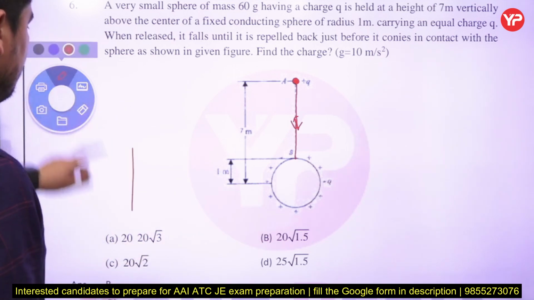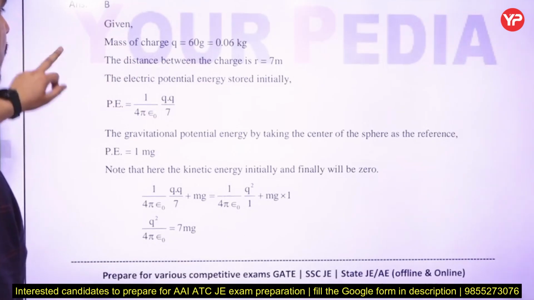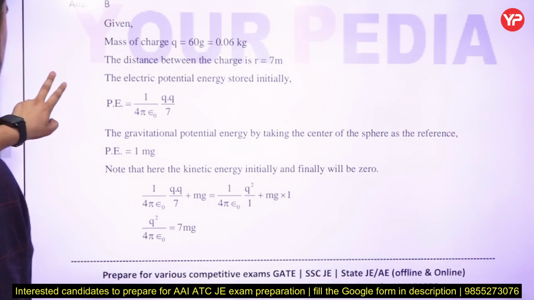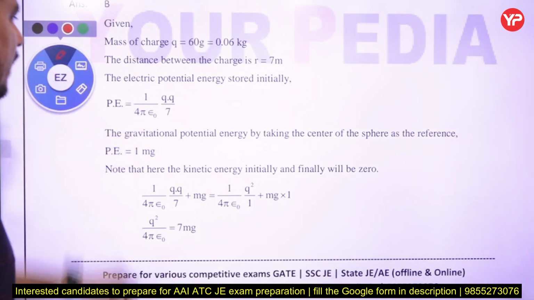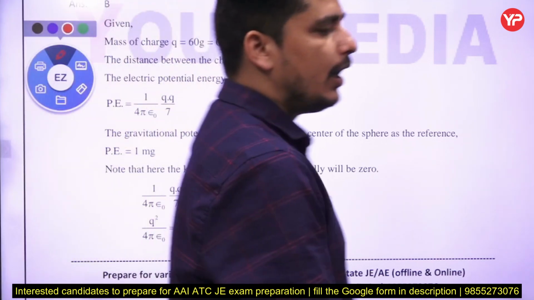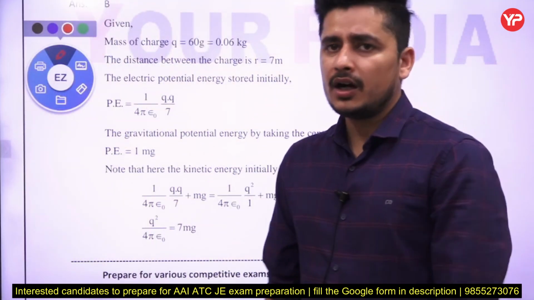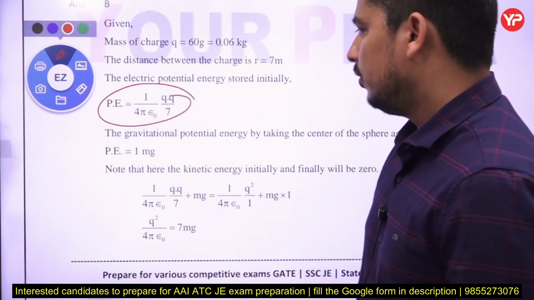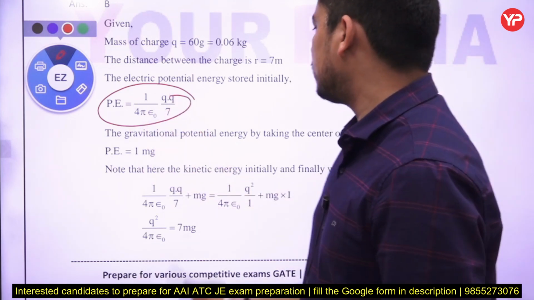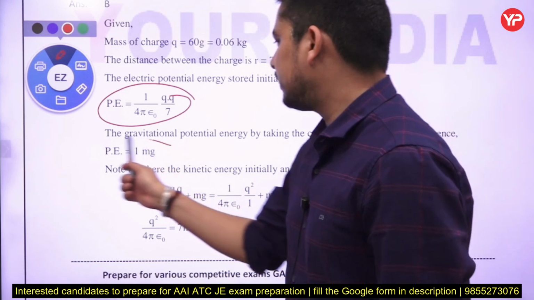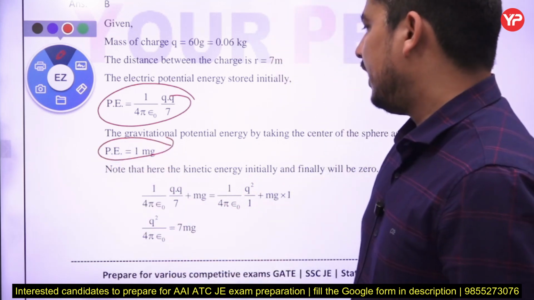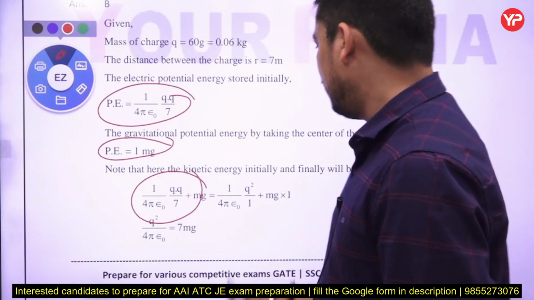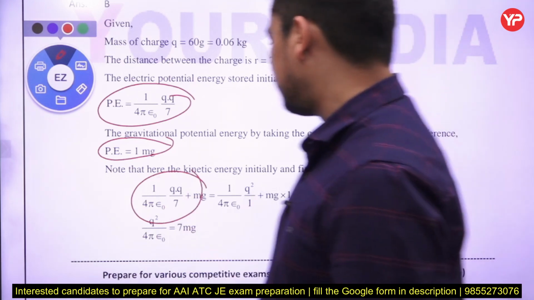So the first thing we have to do is calculate the potential energy stored in the system initially. The potential energy is 1 upon 4 pi epsilon naught Q1 Q2 upon R. That is the formula. The distance between these two charges is 7 meter. And the gravitational potential energy for the sphere will be mgh. The total potential energy is the sum of these two, and we will equate that with the final